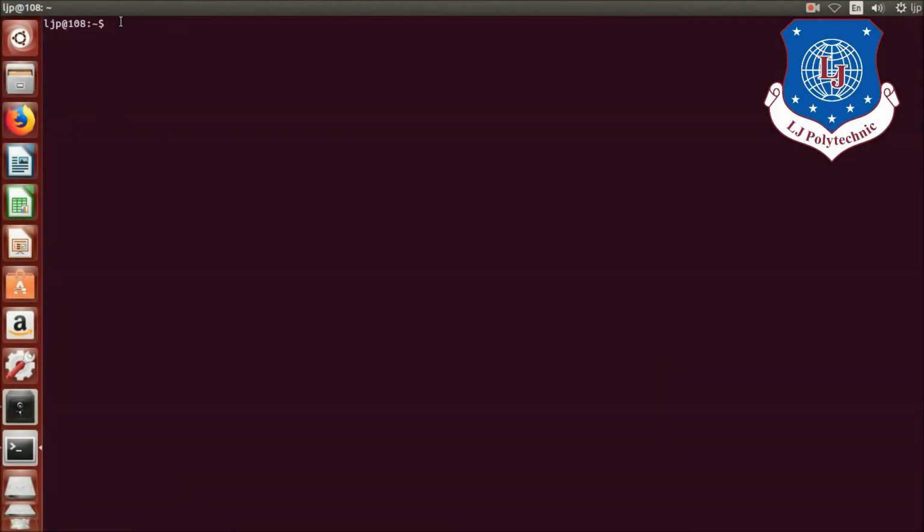We will see filter commands in Linux. So for that, I will create one file named as demo. How to create a file in Linux, that I have already discussed in my previous video.